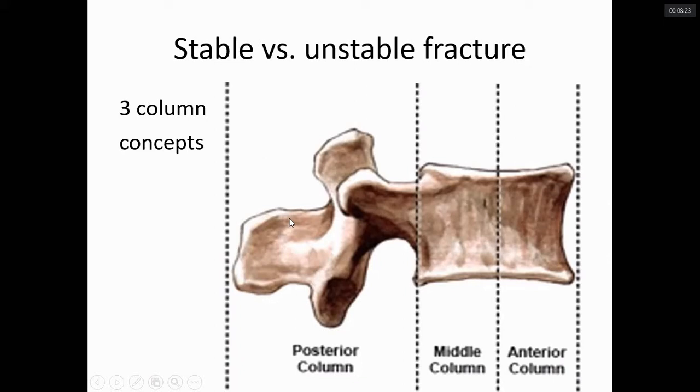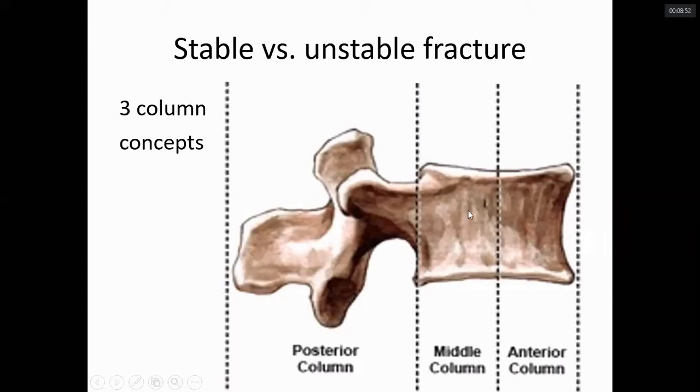So when there is a spine fracture, according to Denis, if out of the three columns any two columns are involved, then it is called an unstable fracture. If only one column is involved, then it is called a stable fracture. Suppose there is only a fracture of the anterior column, suppose the anterior half of the body is fractured, that is a stable fracture. For that you don't have to do any operation.